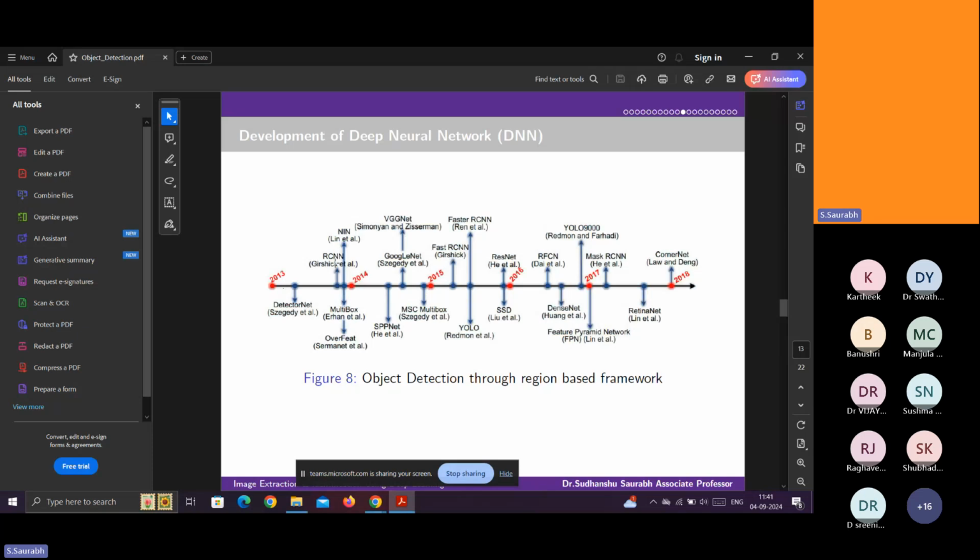And the most widely used R-CNN, the region-based model, was given by the group. This is actually a very famous model. MultiBox is not so famous, and the OverFeat model is also not so useful, but they published a paper.